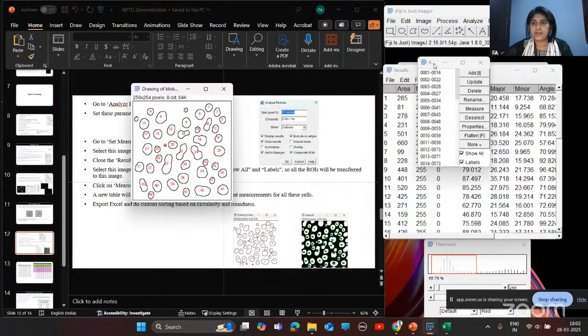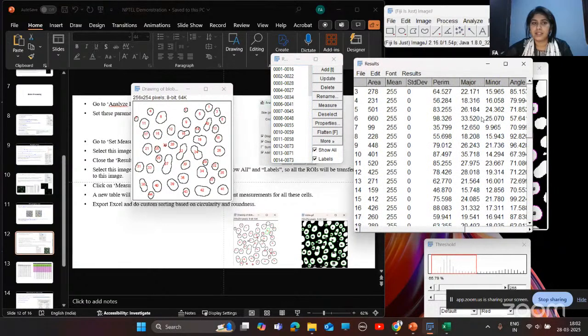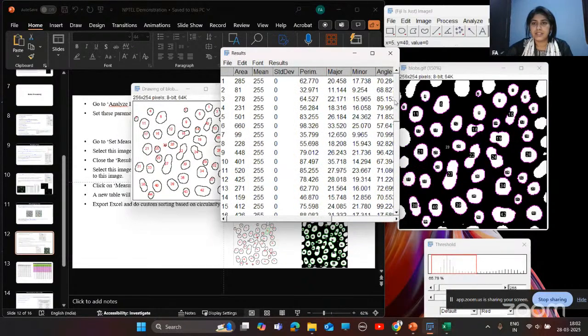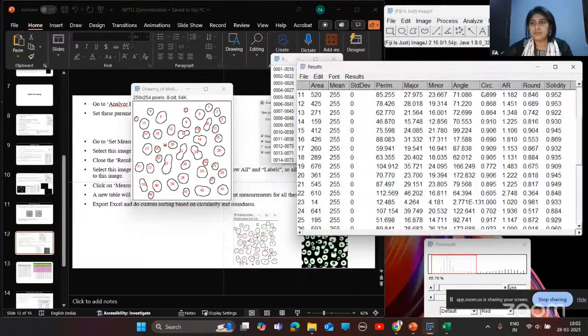So here you can see the area of all these different kinds of cells with circularity and roundness values.